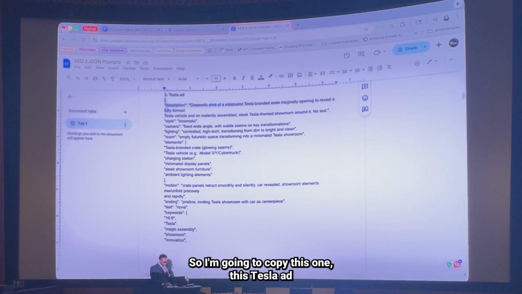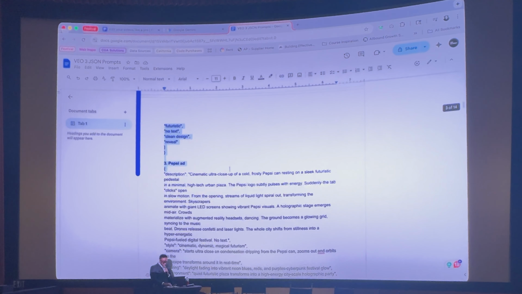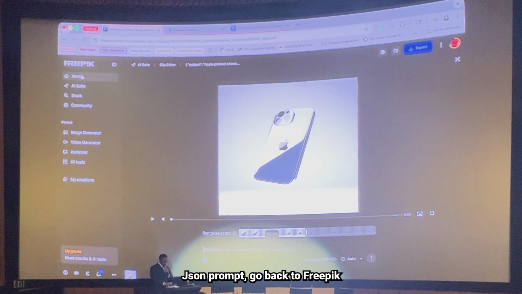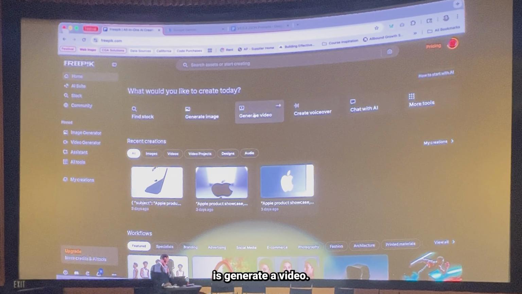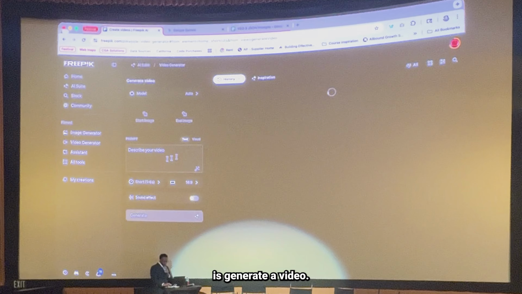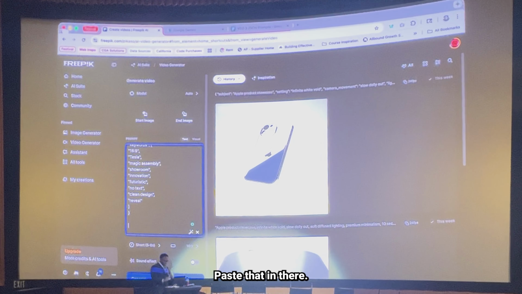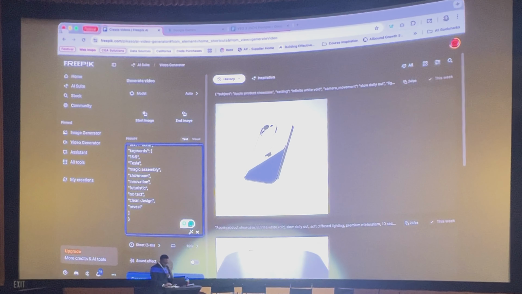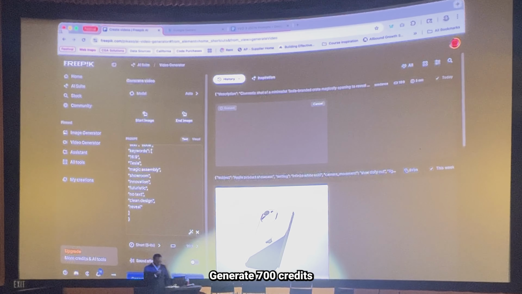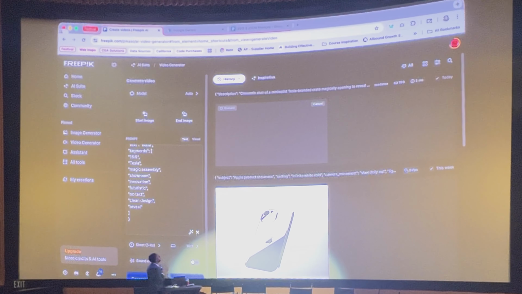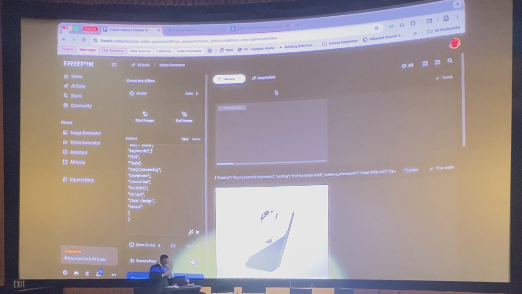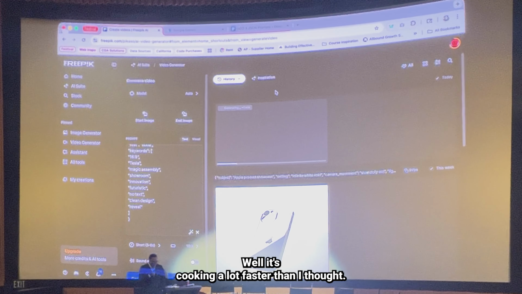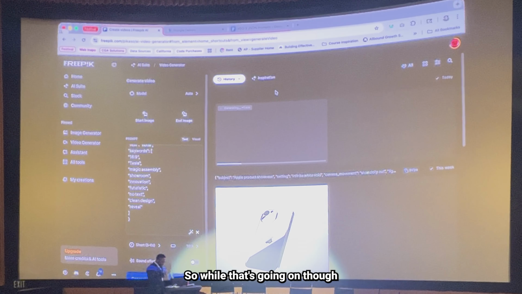So I'm gonna copy this one, this Tesla ad JSON prompt, and go back to Freepik. Then what we're gonna do is generate a video and paste that in there. Generate, 700 credits, geez. All right, so that's going to cook. Oh, it's cooking a lot faster than I thought. So while that's going on though,